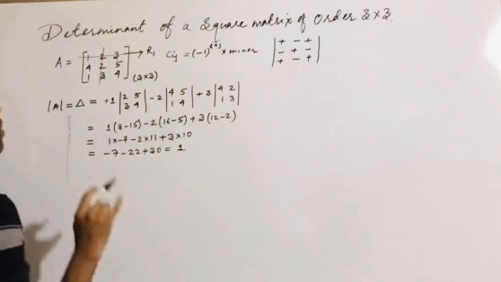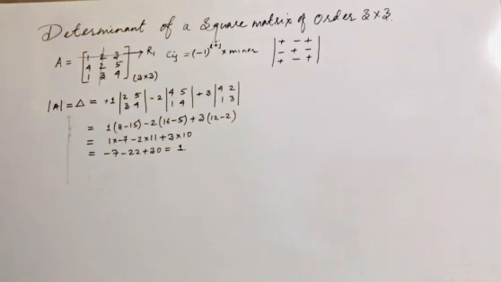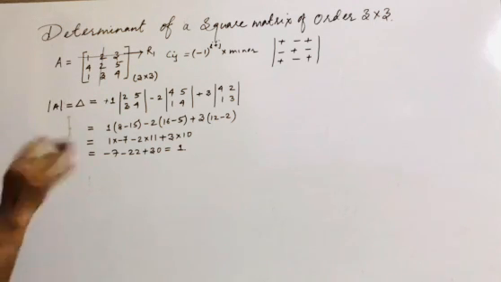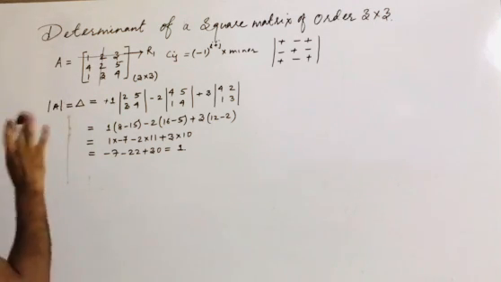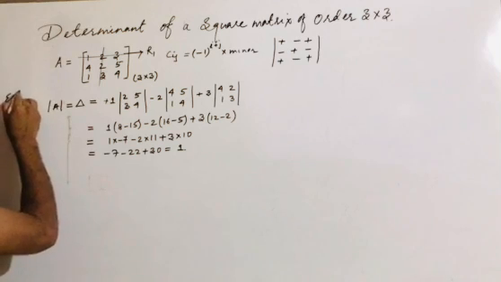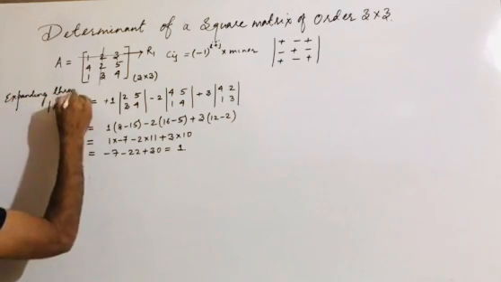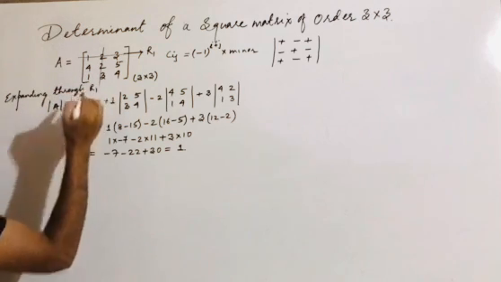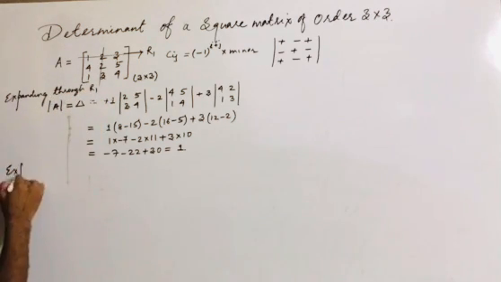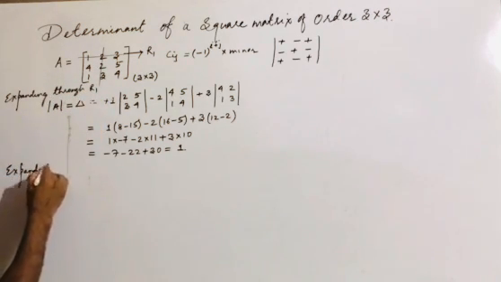So the value of the determinant is equal to 1. It is not necessary, children, that if I have started with row 1, you should also start with the same row. You can start with any column or any row. Like take the example: here I am expanding through R1, meaning I have used row 1 for the process. Now suppose you want to expand through column 1, so you can write here: expanding through column 1.